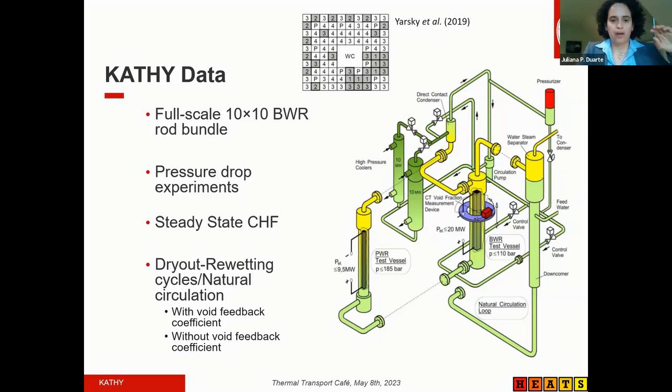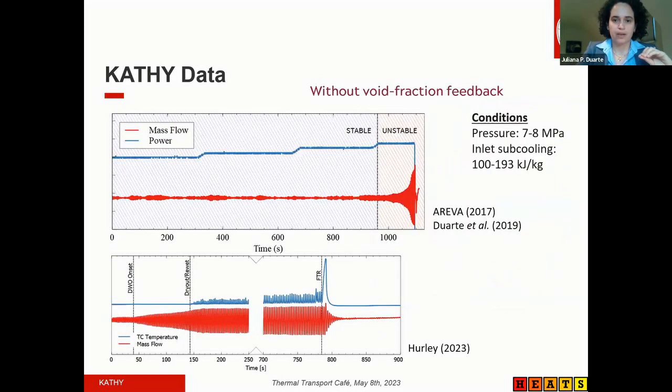We performed the characterization of the pressure drops and the steady state CHF before this research award actually started. I'm going to be talking more today about the natural circulation density wave oscillation data. What does the data look like? For the experiments that were conducted without the void fraction feedback mechanism,